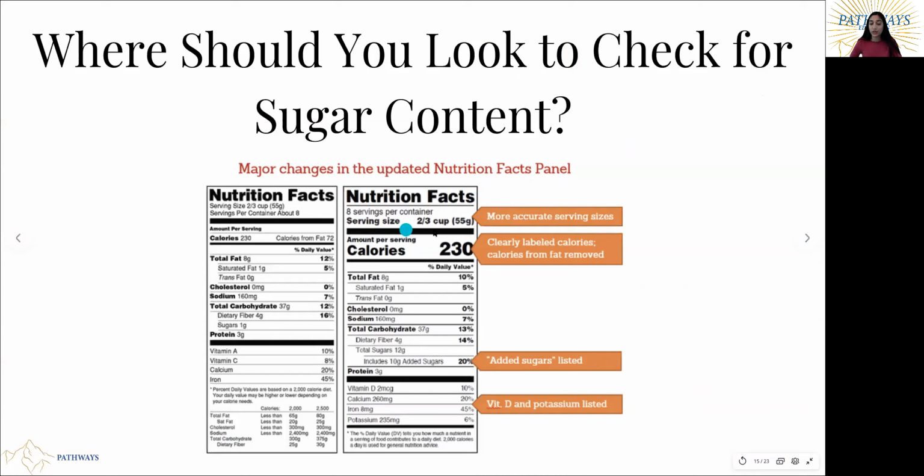So they tell you the serving size, which is really important because the calories are based off of the serving size up here. And then one thing that you really would like to look for is the added sugars line. So if we think back to what the American Heart Association limit was, it was 25 grams of added sugar. So we really want to pay attention down here to the added sugar category.